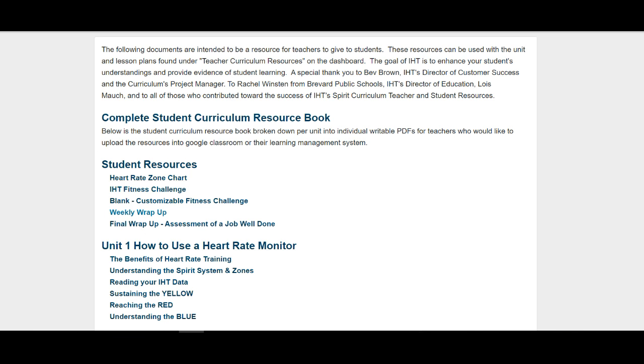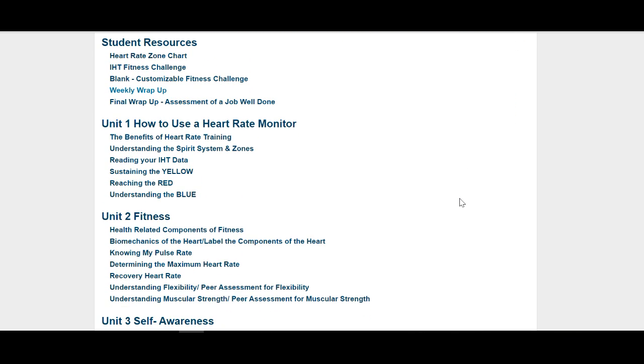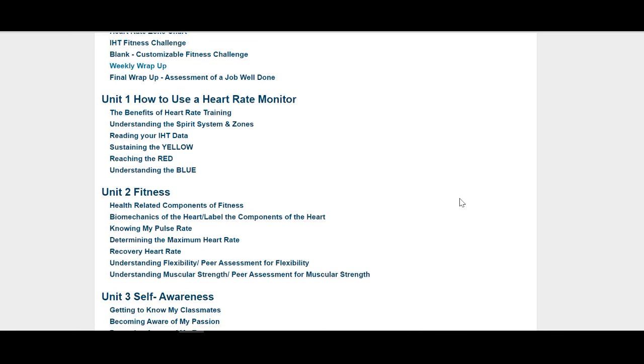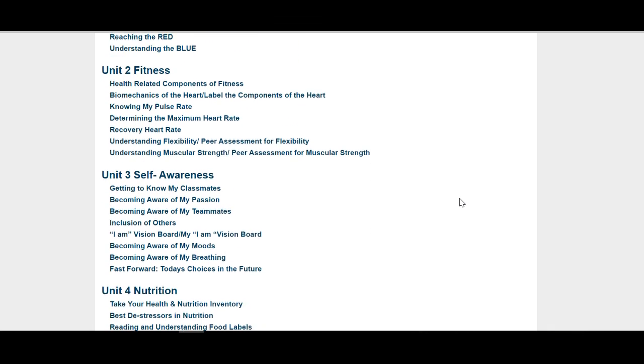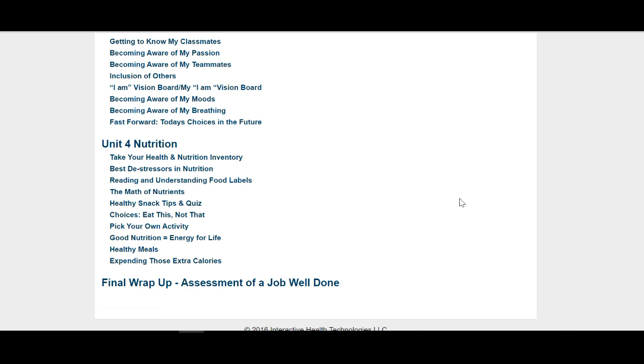As we continue to look at the resources for our students, Unit 1 is about how to use a heart rate monitor. Unit 2 is about fitness. Unit 3 is self-awareness. Unit 4 is nutrition with a final wrap-up. We encourage you to take some time. We know